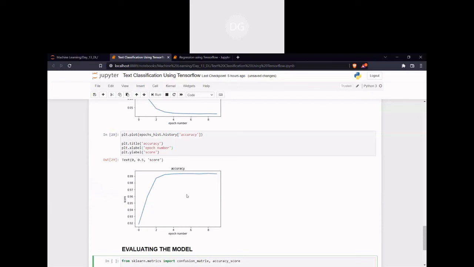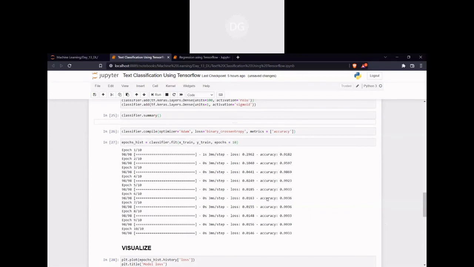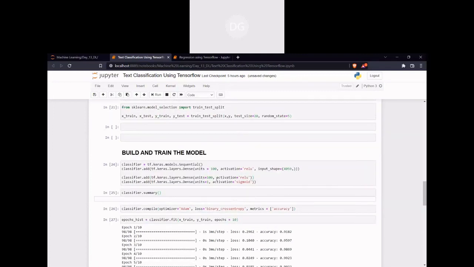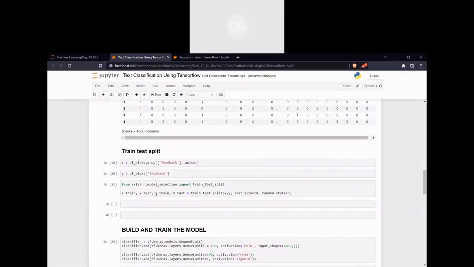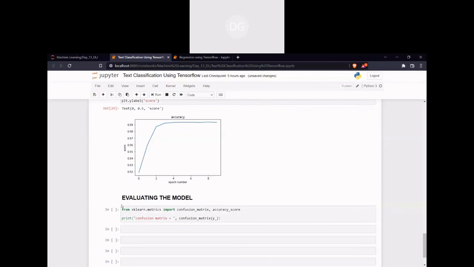So for that, we can predict on the test data. We have already split x test, so we will pass it into our model before doing this step.